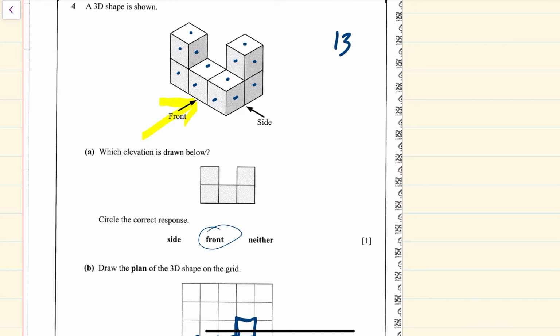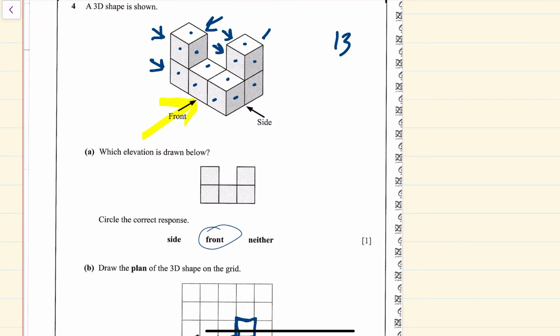Let me just write that down. We just take out 1, 2, 3, 4, 5, 6, 7, 8, 9, 10, 11, 12, 13. Yep, 13 that you can see. Behind, you're going to have one in there that you can't see, another one below that you can't see, one behind that you can't see, one in this way that you can see, below it that